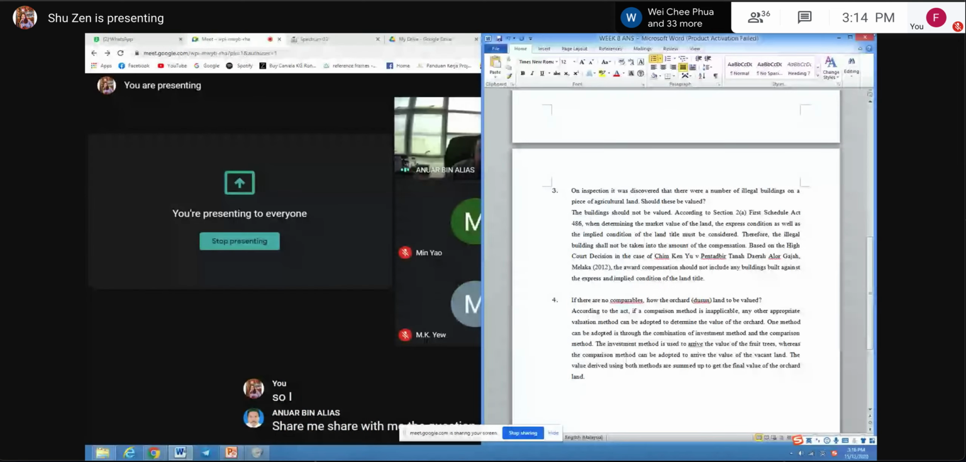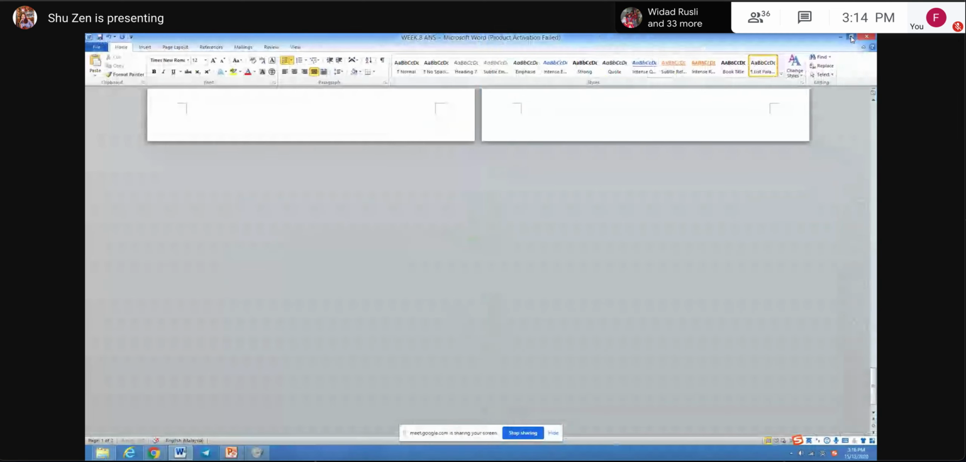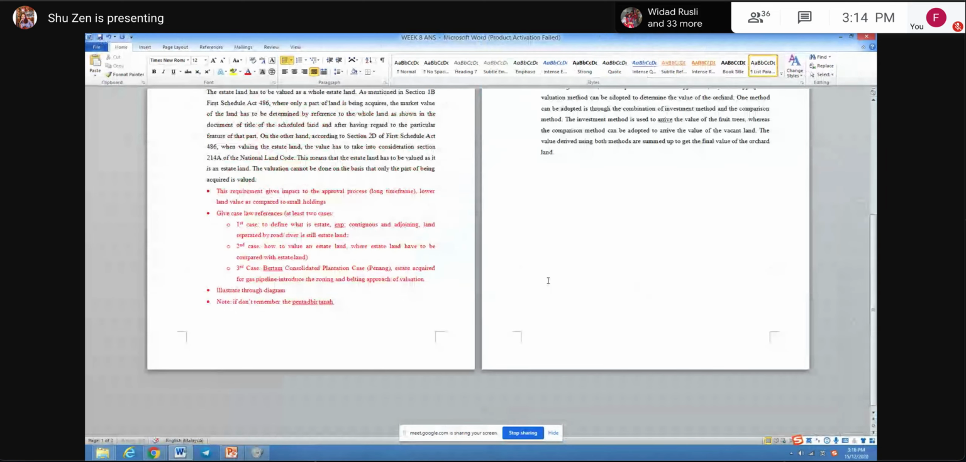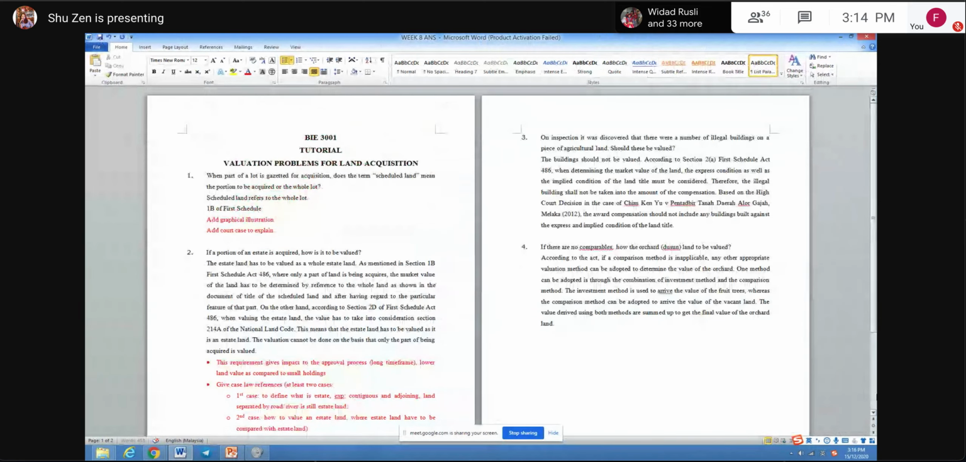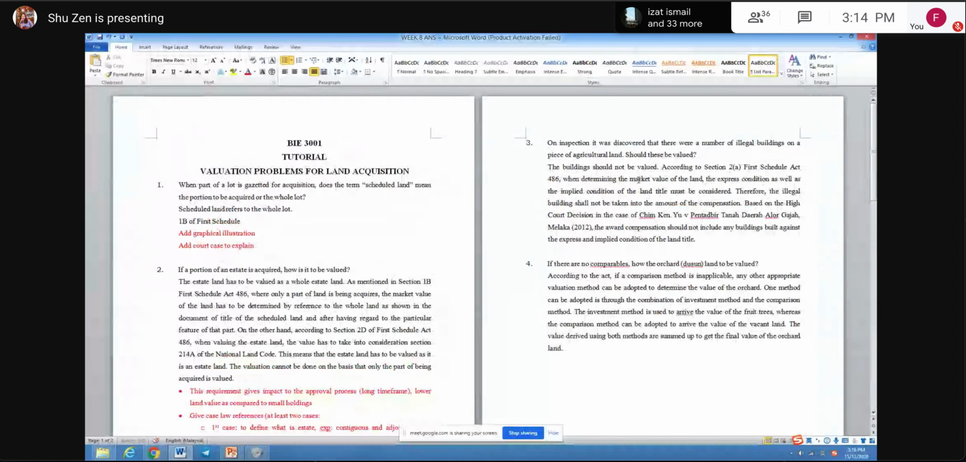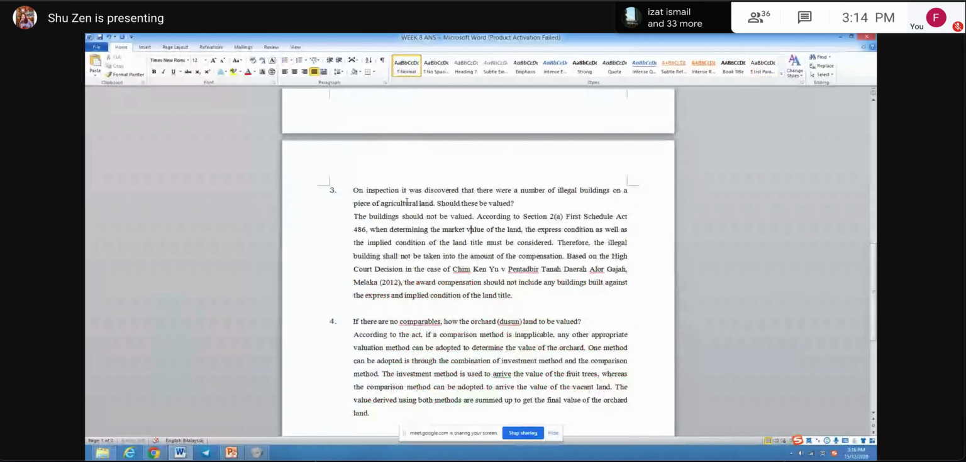I believe everyone has tried this one, but let's see how to answer it based on your opinion. Question 3. Okay. So this question is regarding an illegal building on a piece of agricultural land. First, I mentioned section 2A of the